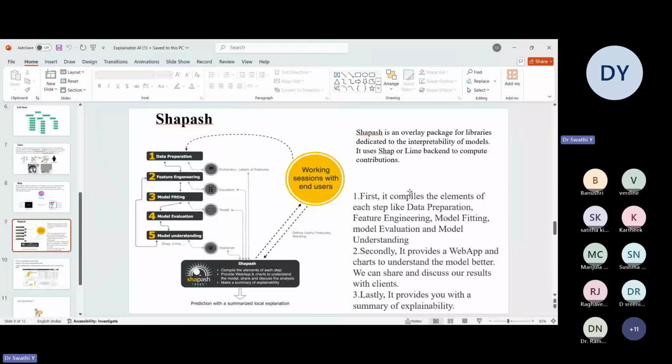When you're executing your model and getting the prediction results, whatever results you're getting, the visualization will also come along with a web app. So directly it will connect you to the web app. A web app will be created, so whatever visualizations you have seen can all be generated in the web app.